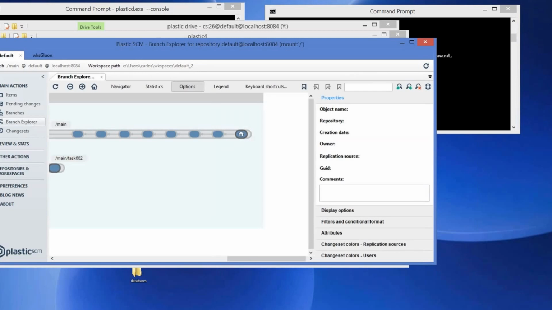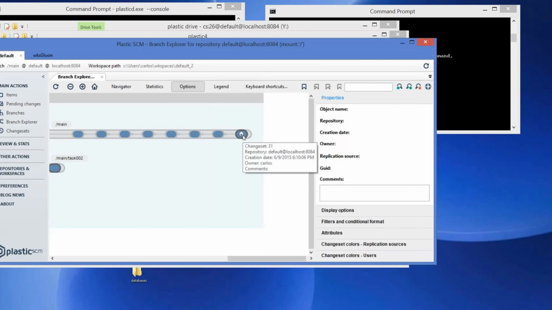Yes, as I was saying, we have just introduced a great step in the way we show the differences between branches and changes in Plastic. Okay, the way we display these changes is now much improved, and it's possible to understand where each difference is coming from when you perform a merge. Okay, now when you are performing a merge in Plastic, you will be able to see where the differences are coming from. Okay, it's much easier to understand this feature if I make an example for you. Okay,